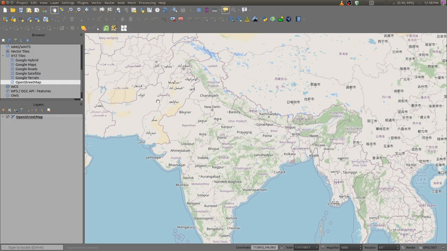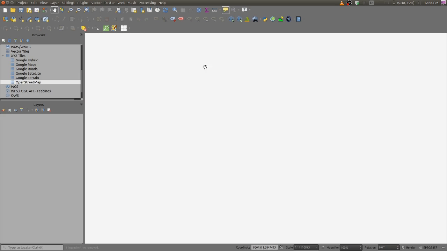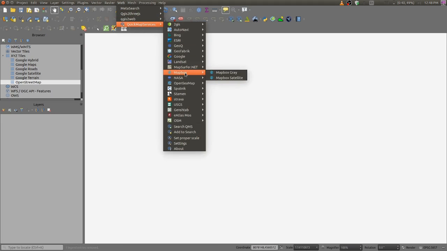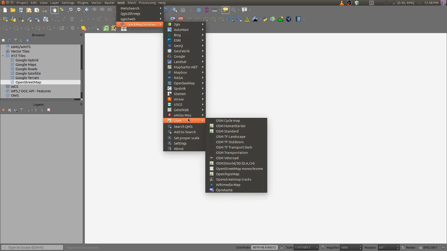Here I have already opened the OpenStreetMap, and once again for your benefit I will show you how we can open the OpenStreetMap for our QGIS project. Go to Web, Quick Map Services, go to OpenStreetMap, then take this OSM standard.